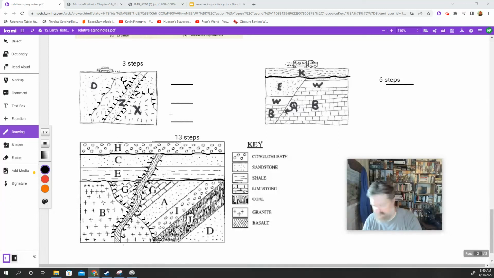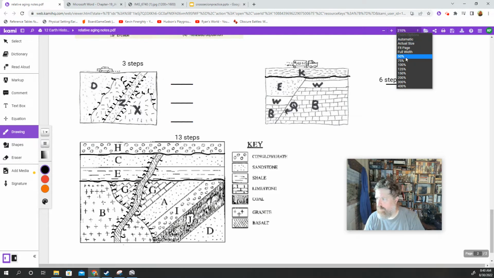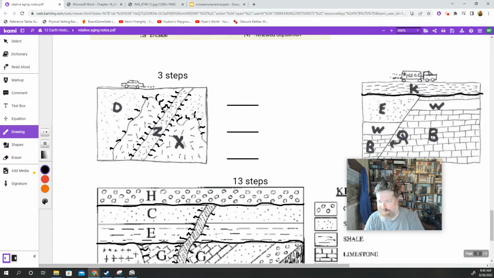All right, so let's quickly just look at the answers, see what we're expecting here. So this top one, again, it should have had the contact metamorphism on the outside of X2. Sorry for that. Since it's there, though, it lets us know that D had to be there first. So D is the oldest